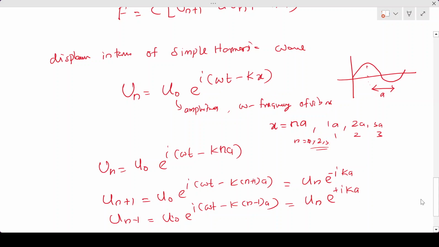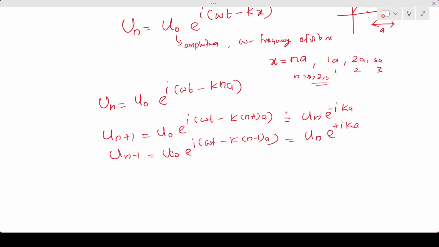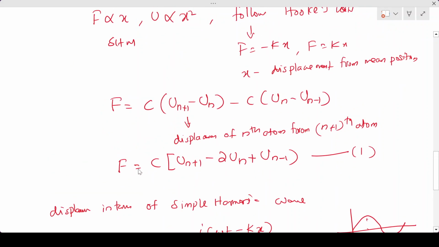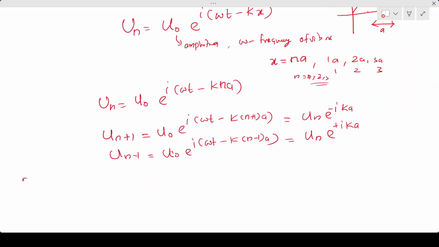So if you expand this term again, you can write it as u0 e raised to i(omega t minus kna) times e raised to plus ika, and now you can make it like this. Okay, so now if you put this into the previous equation, the first equation, what is the first equation? The first equation was F equals C(un plus 1 minus 2un plus un minus 1). So you substitute un plus 1, un, and un minus 1 in this particular equation. Okay, so if we substitute in equation 1,